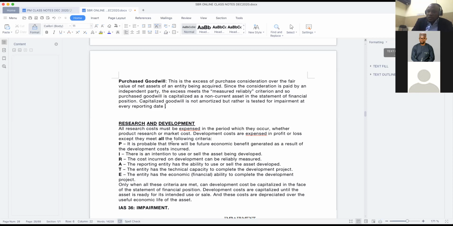It's no longer us looking at yourself in the mirror and saying, I am this thing. That's not acceptable. When someone else says it, that's what gives it more credence. I don't like anything that is self-assessment. Self-assessment has a tendency to be very subjective. So we want something that is objective, where someone independent made a decision. That is when it now becomes valuable. All right, so at every reporting date or where there is an indication of impairment,